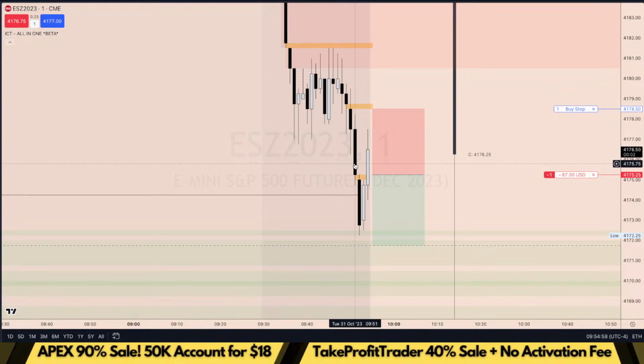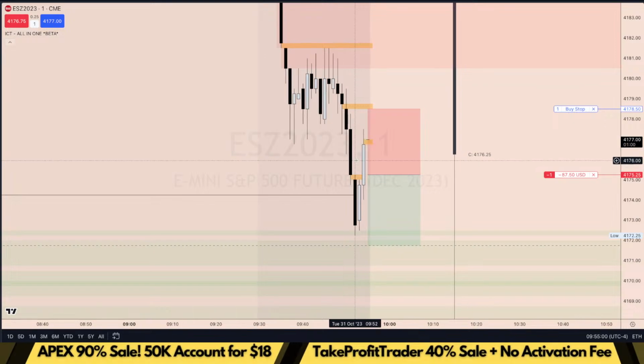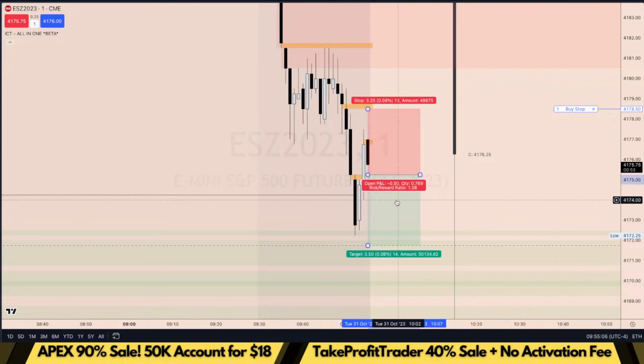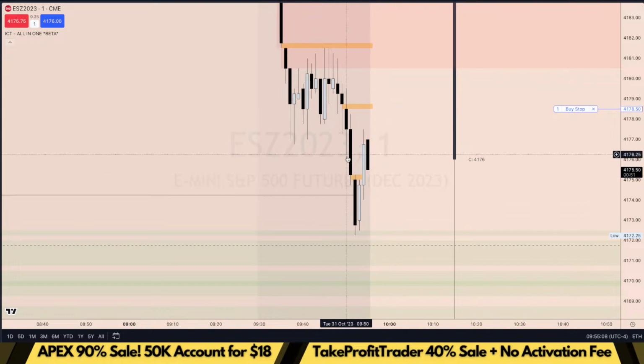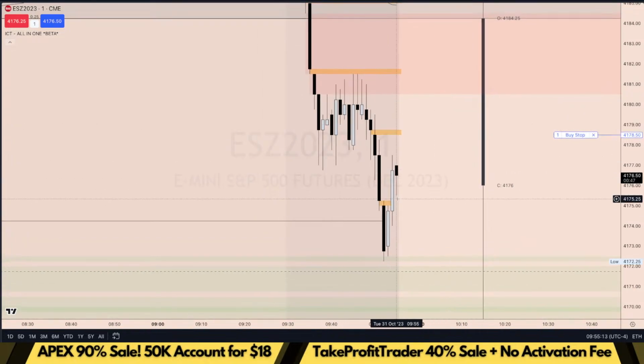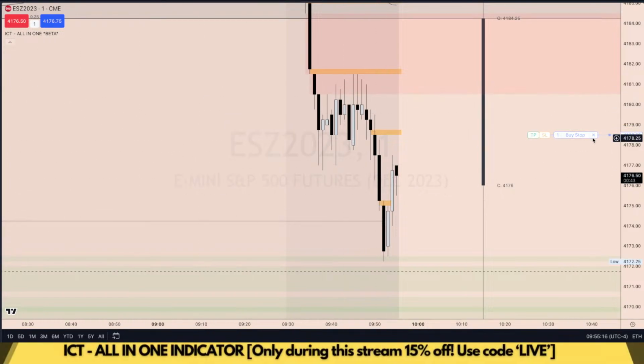But like we always say, wicks do the damage, bodies tell the story. And that's enough storytelling for me. Not worth the risk on this momentum continuation entry. We just took sell side. We left behind a bearish fair value gap. So now we know what we could actually do. But I guess I'm a little bit too slow for that. Our bearish fair value gap